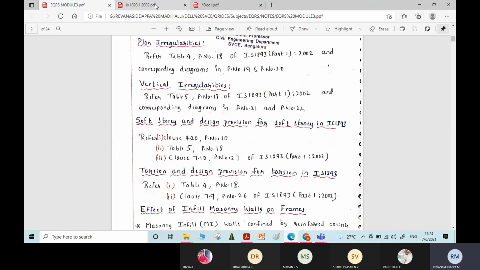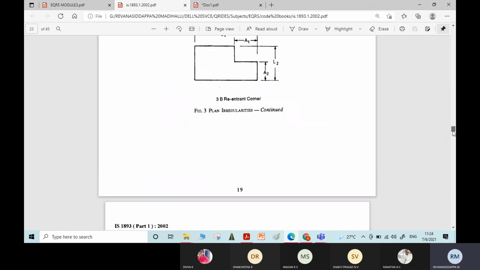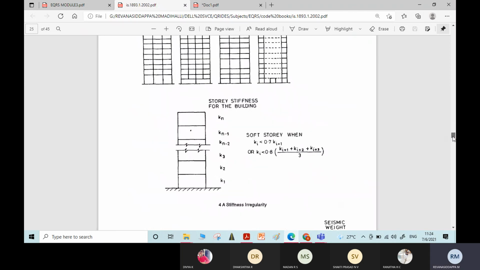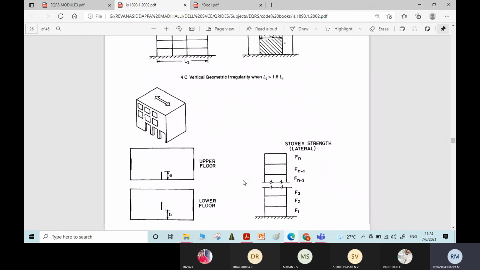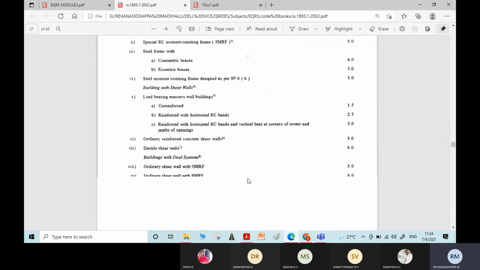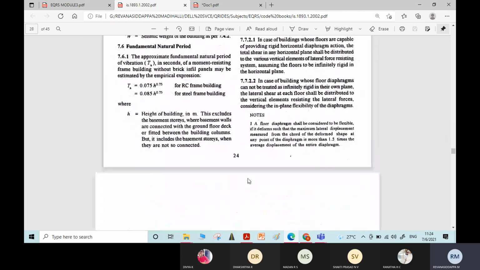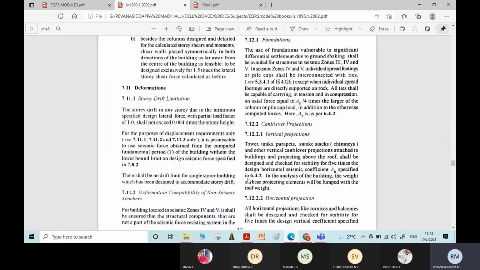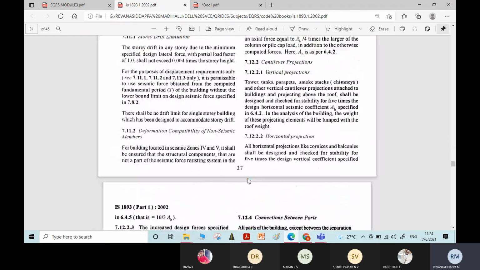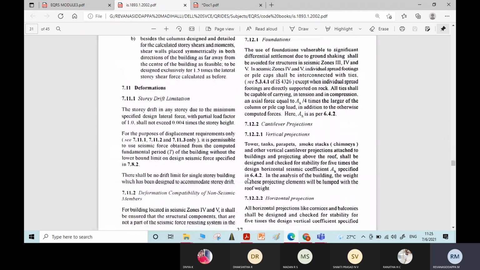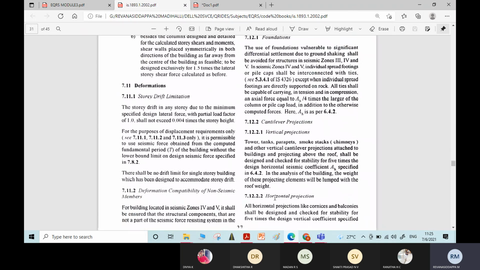Let us go to page number 27 now. Let us see what is the design guideline given with respect to the soft story. In most structures, obviously with no options, we have to go for soft stories. When the soft story of a building comes into picture, what is the guideline we have to follow for the design of the building? That guideline is given in page number 27.